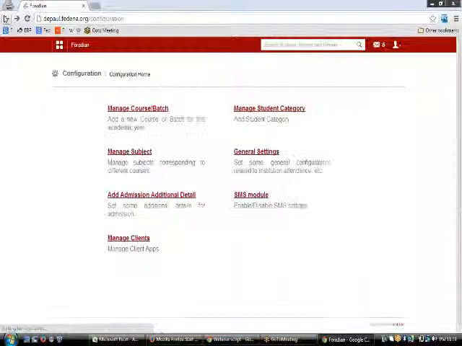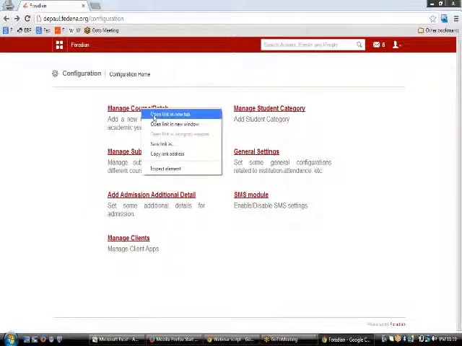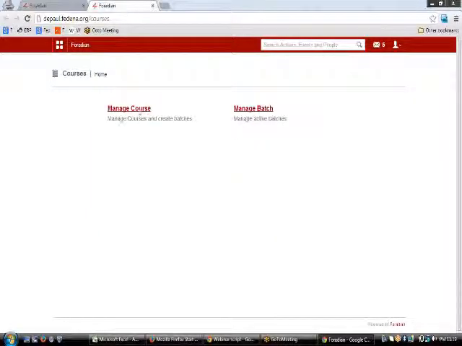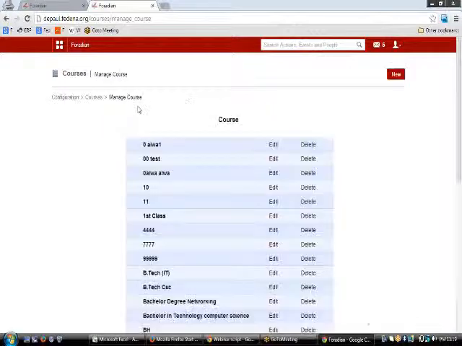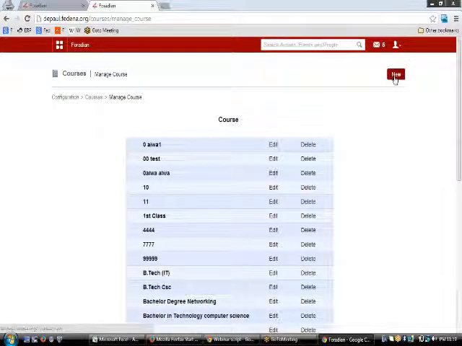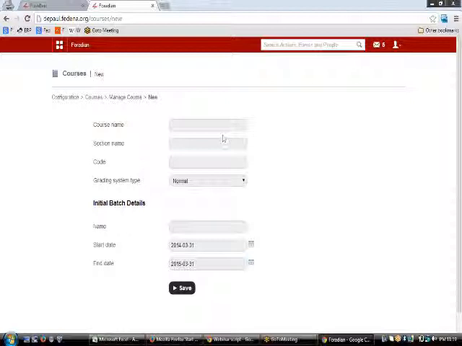So now let's move to manage course and batch, where we will be able to create some courses or batches in which we can admit our students. To create a course, you need to go to manage courses from here and then tap the new button. On clicking new, you'll be able to enter the course name. Let us suppose you want to enter the course name grade 9. You can opt to give a section name, or you can also choose not to have a section name.